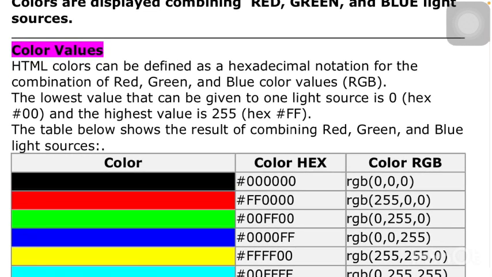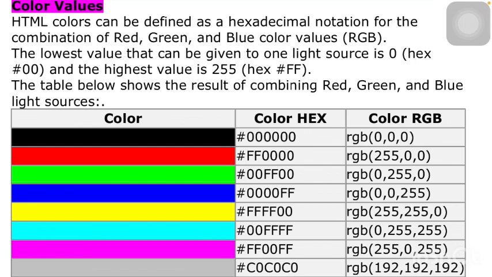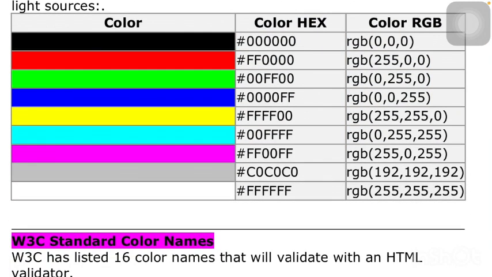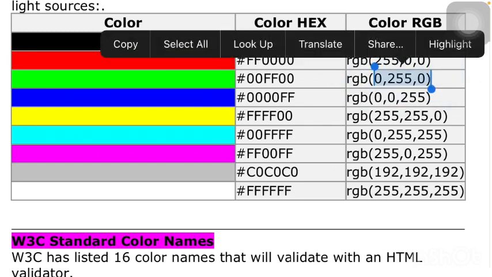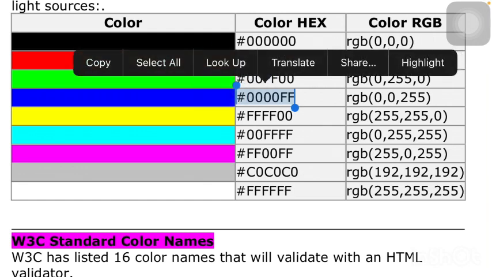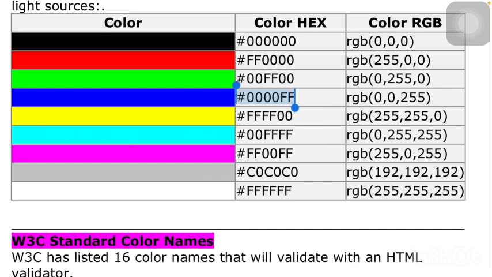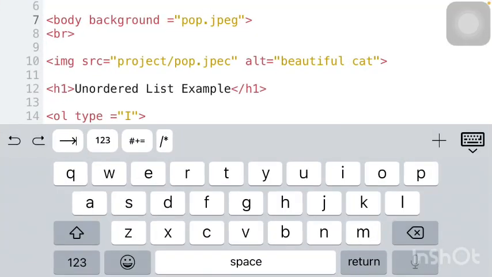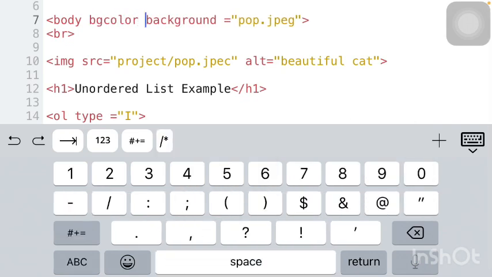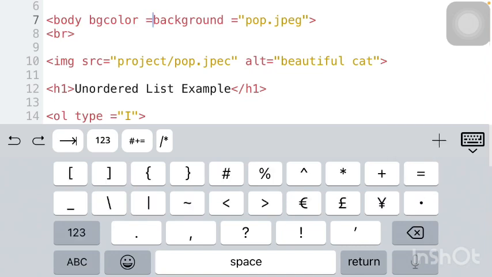And these are the codes, this second column here under color X. Instead of saying background color equals blue, you can just look at this blue color here, copy the code, and for background color equals, you use the code. Let's go. BG color equal to